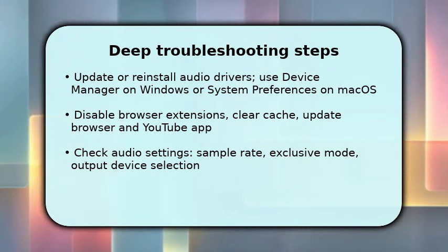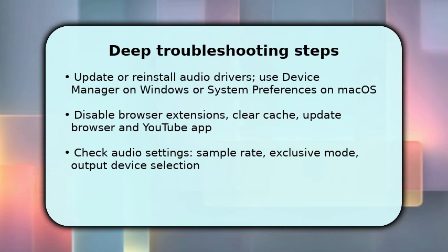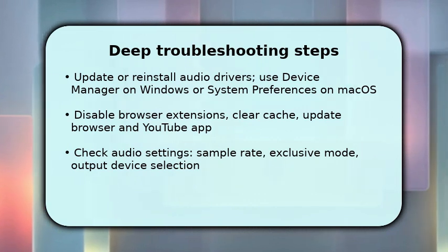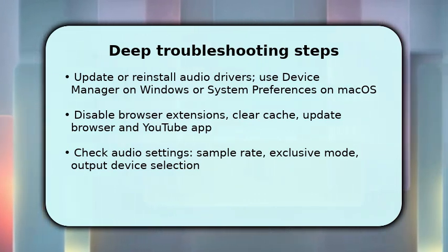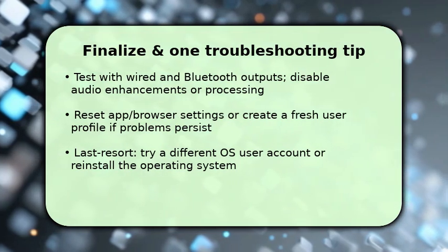Inspect audio device selection and sample rate in system settings. Mismatched rates cause weird playback. Also check for apps holding exclusive audio access. Release them so YouTube can use the device. Finish by testing all outputs, wired, Bluetooth, and internal speakers, while disabling audio